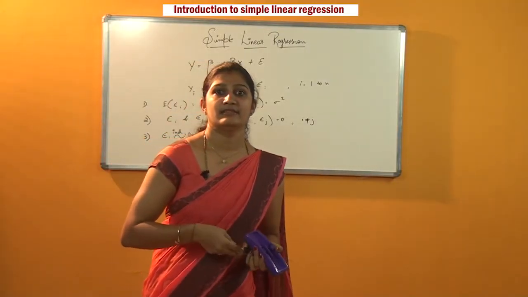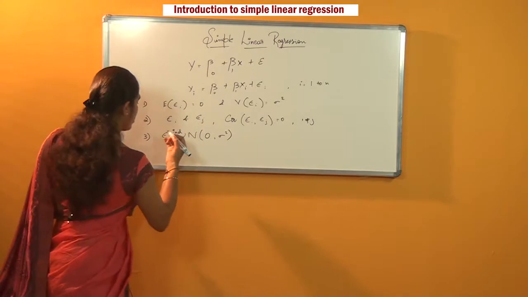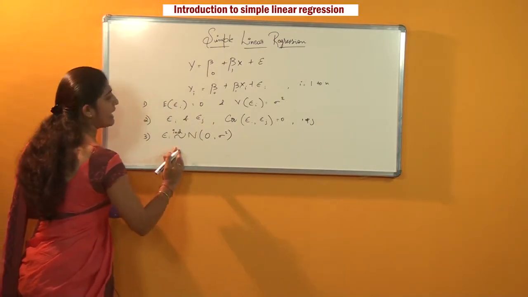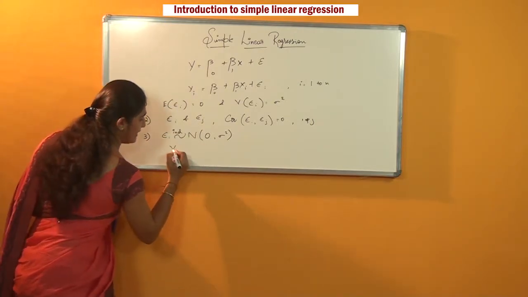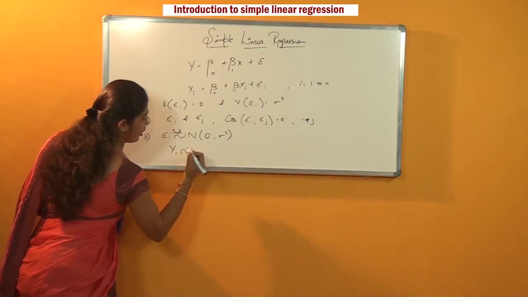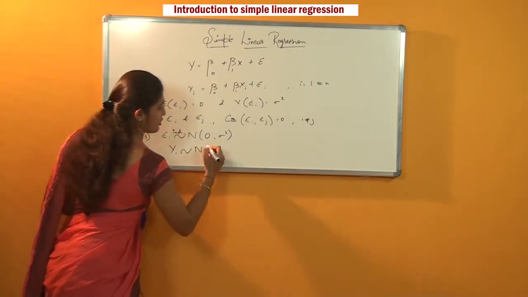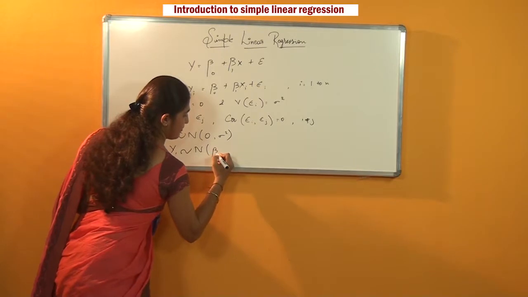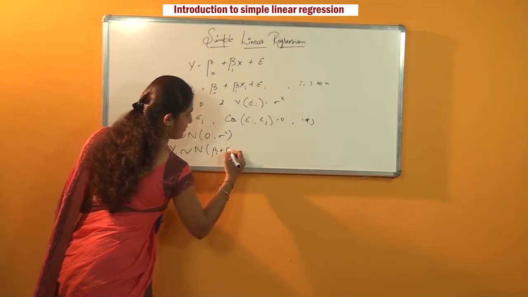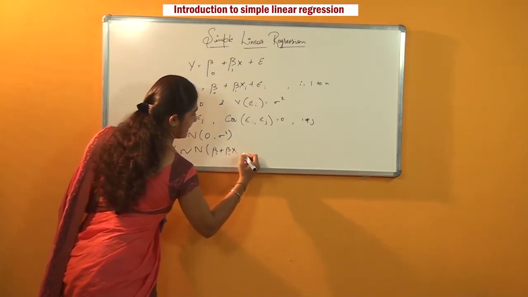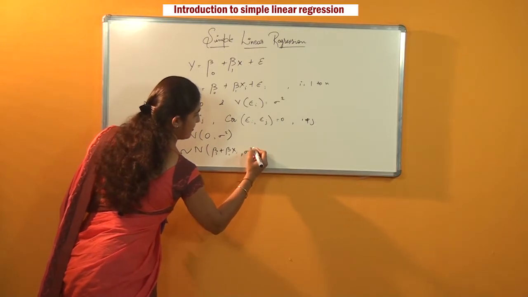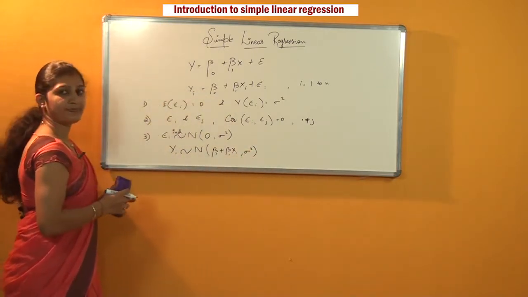Consequently, the ith observation yi follows normal distribution with mean beta naught + beta 1 xi and variance sigma square, that is,